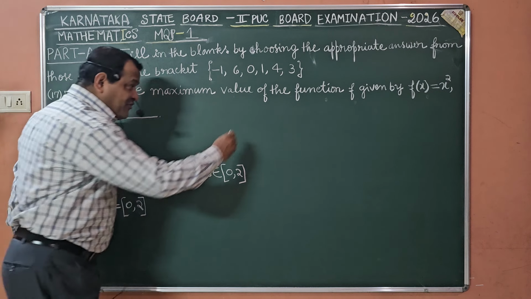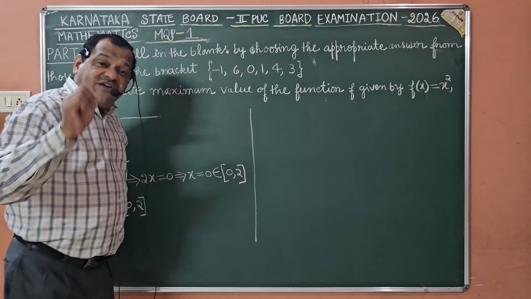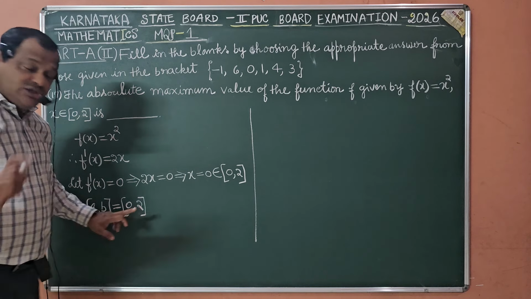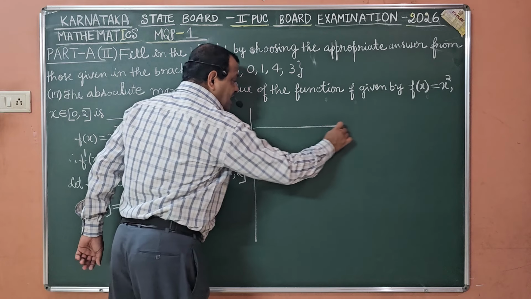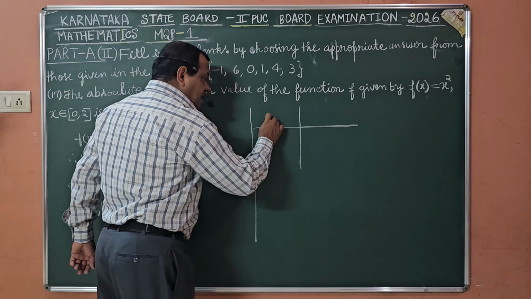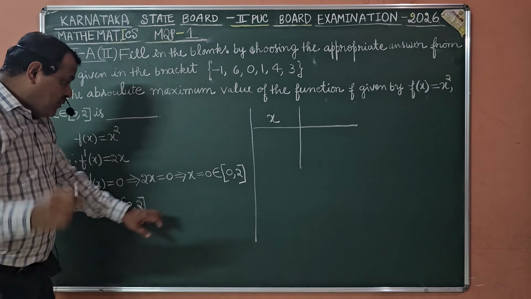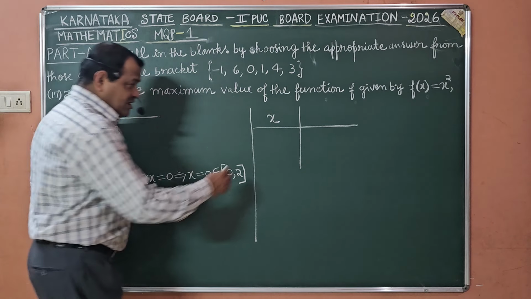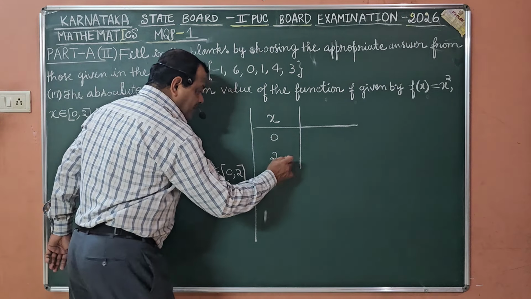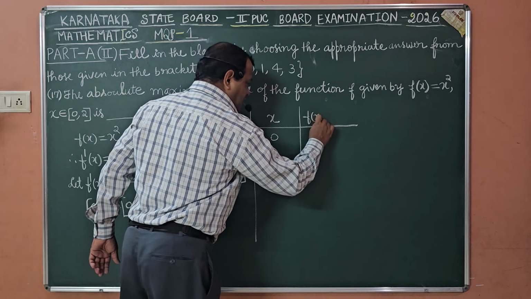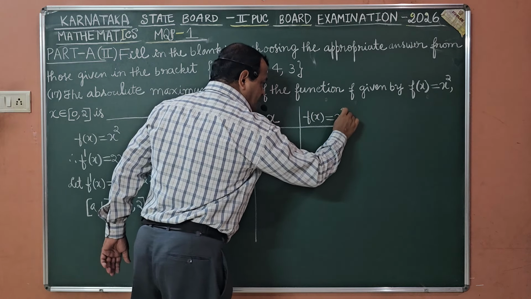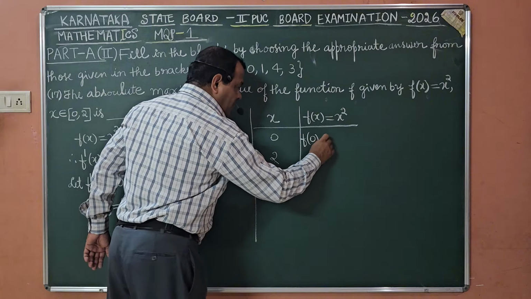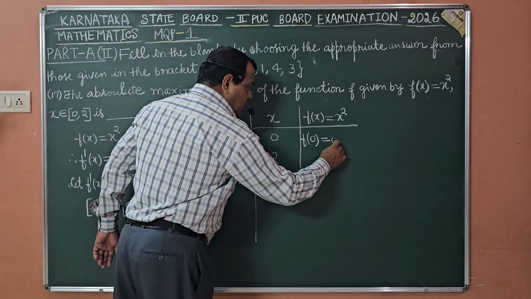Therefore, it is enough if I find f of x value at 0 and at 2. So I write here a small table. Here my x values are 0 and 2. Critical point also same, 0. Therefore 0 and 2. Function is f of x is x square. Therefore I find first of all f of 0. That is, put x equal to 0. We get 0